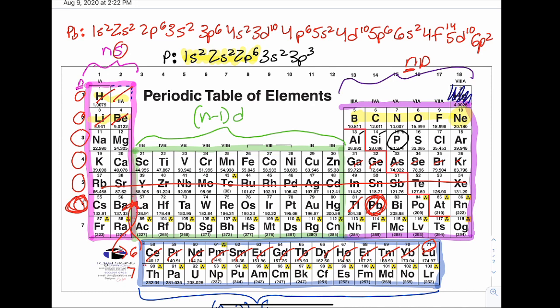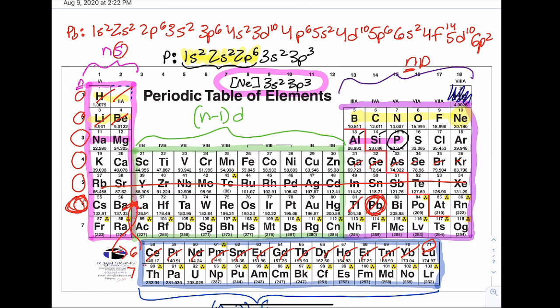So what we can do, instead of writing all of that, I can just write neon in brackets and then write everything that comes after that, which is the 3s2 and then the 3p3. So I know everything's getting squished in here, but this would be the electron configuration for phosphorus using my noble